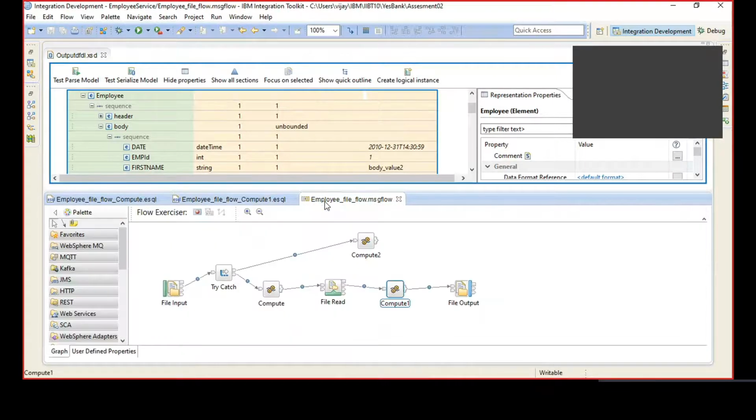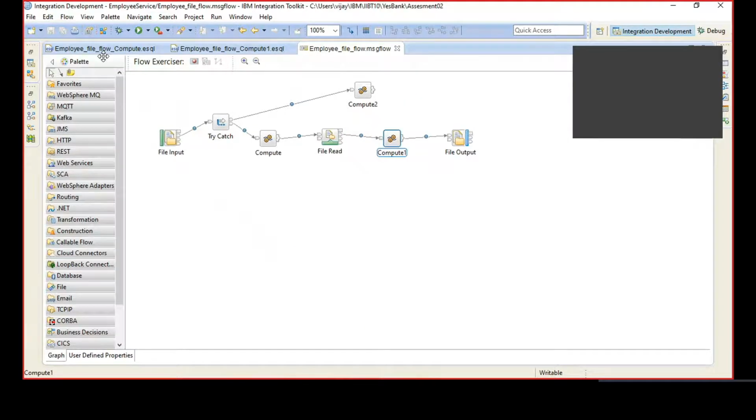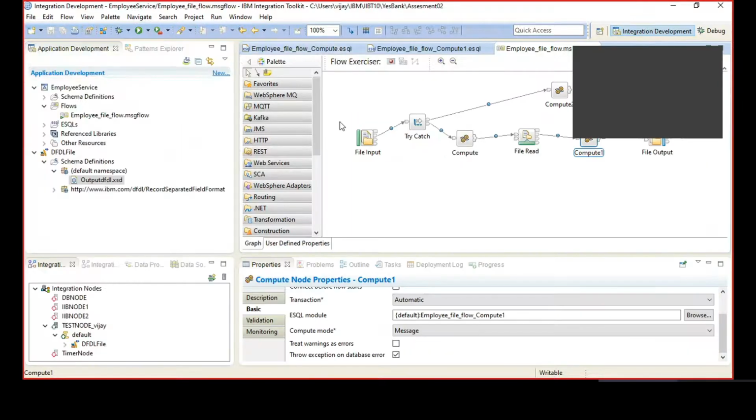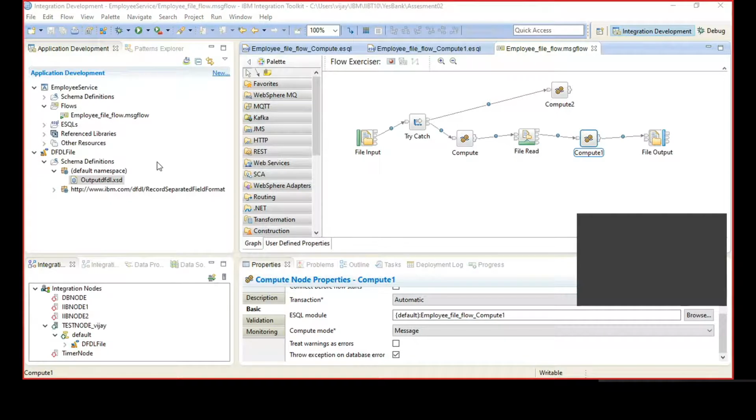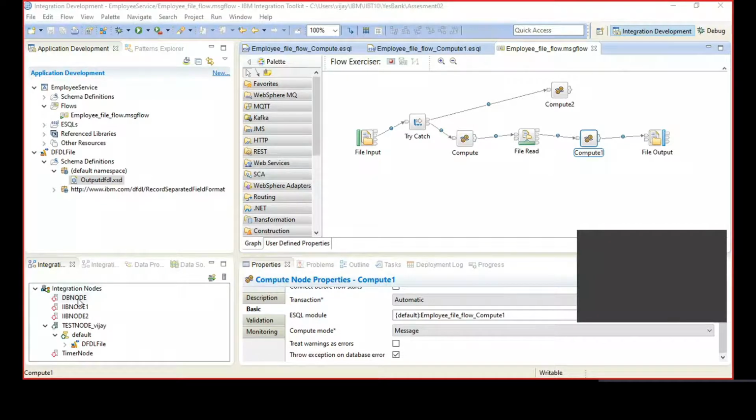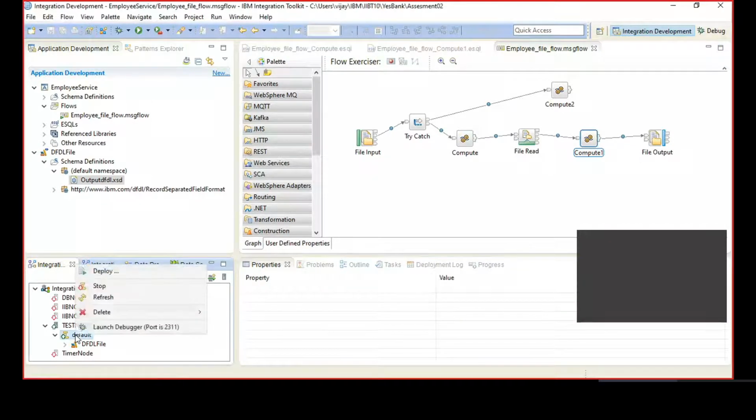You can close the XSD file. Click on the X mark next to the XSD. That will close. Start the debug mode and trigger your message flow. Okay. Deploy, debug mode and trigger.